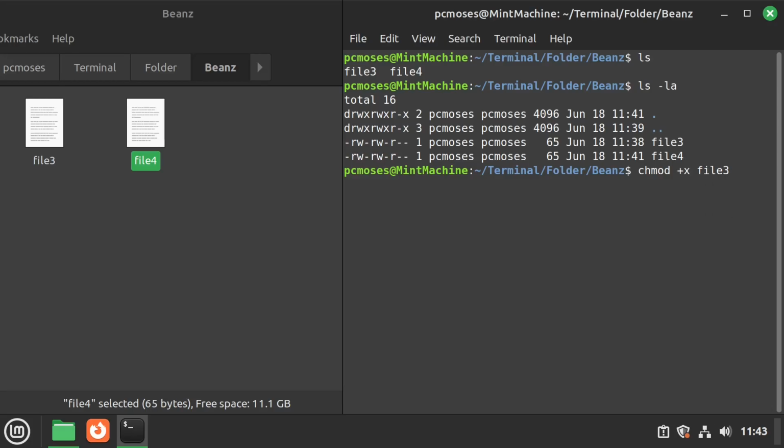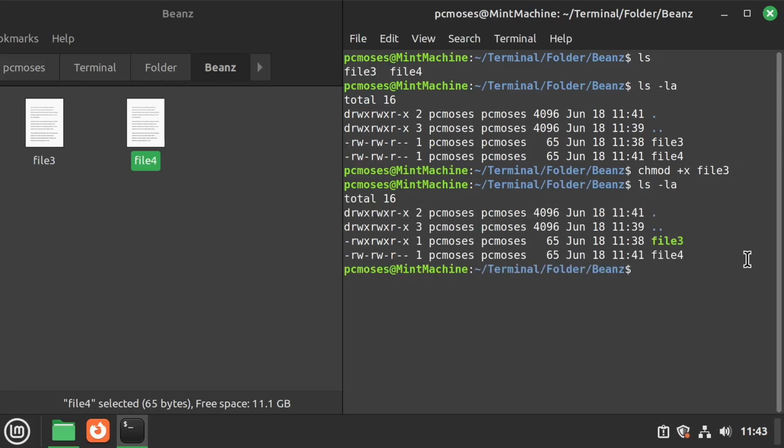So if I ls -la again, see, file 3 has execute permissions, right? And it also changes color so we can execute it. But file 4 does not have execute permissions, right? Another thing we can do is chmod,